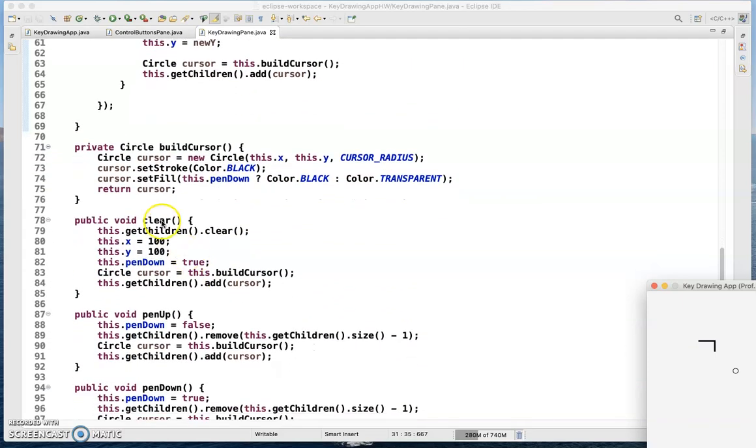Now let's take a look at these buttons. Now these methods are public because they need to be called by the buttons that are